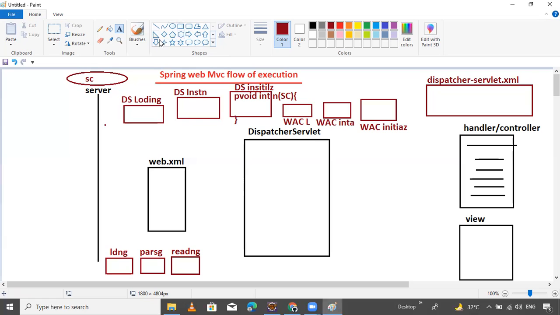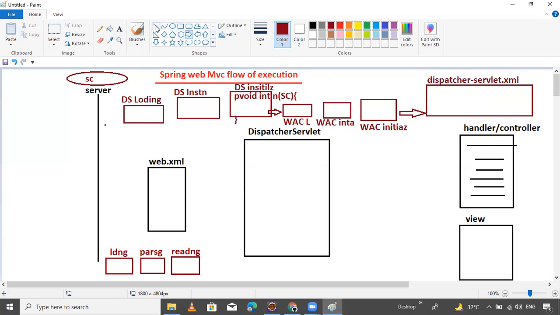performs loading of the dispatcher servlet. First is loading, parsing, and reading the content into a configuration object.